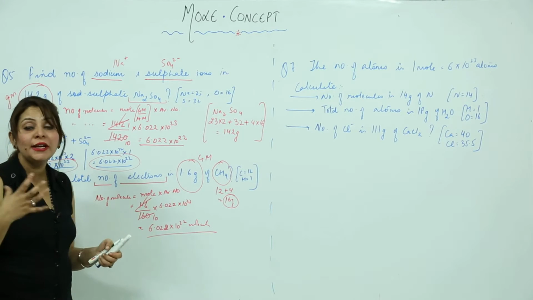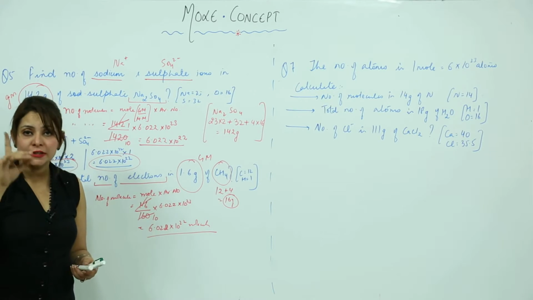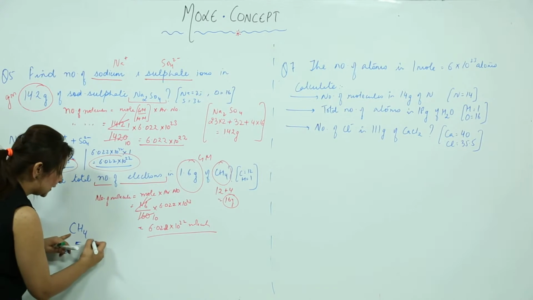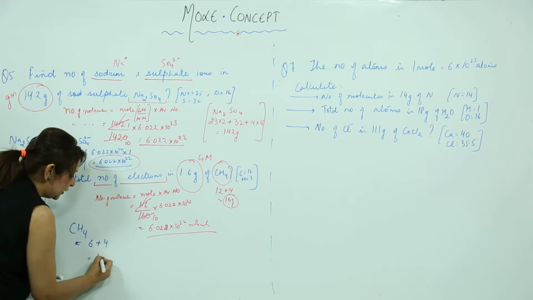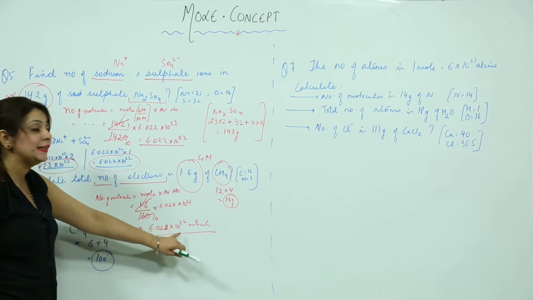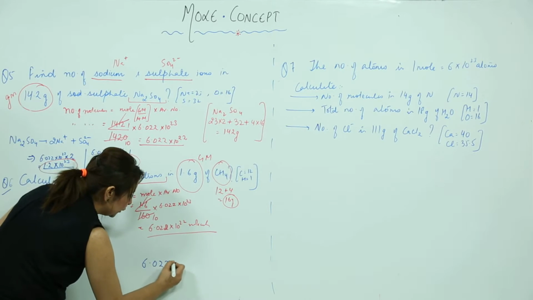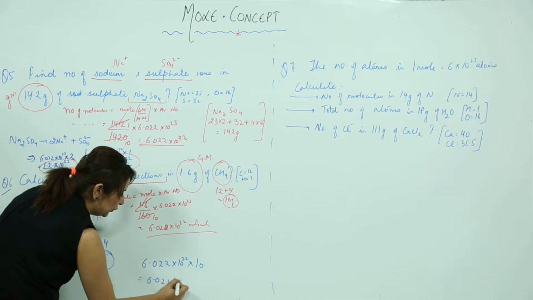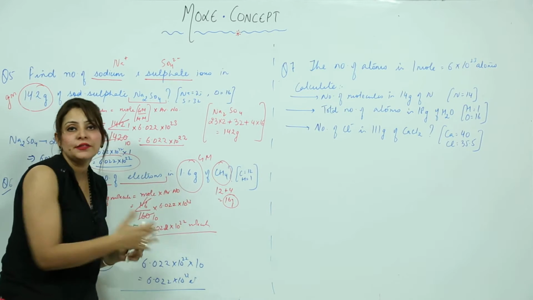Now we need to find the number of electrons present in this many molecules. So first we'll calculate the number of electrons present in one molecule. One molecule is CH4. So how many electrons are present in one molecule? C has 6 electrons, and hydrogen has 1, because there are 4 hydrogens, so they will have 4 electrons. That means a total of 10 electrons is present in one molecule. So how many electrons are present in this many molecules? You need to multiply the figures, right? So it comes out to be 6.022 into 10 raised to power 22 into 10 into 10. So it comes out to be 6.022 into 10 raised to power 23 electrons. So this many electrons are present in this much mass of CH4, right?